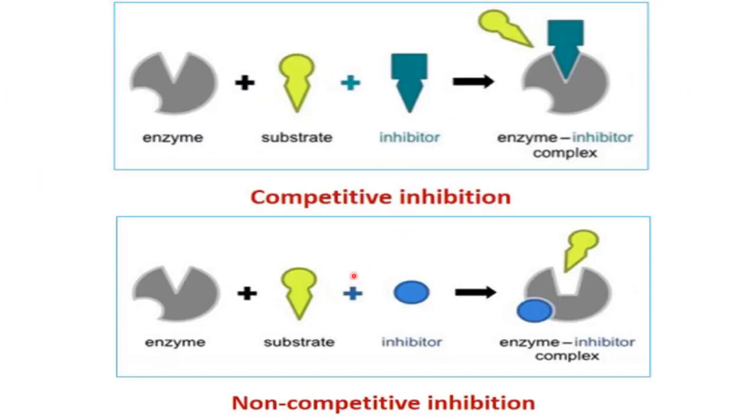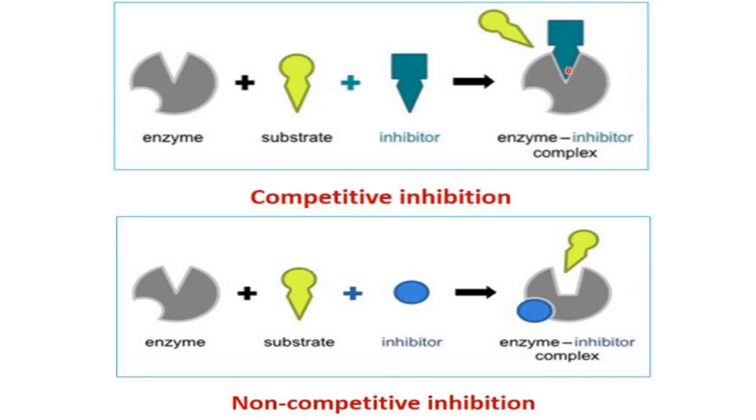Here you can understand there can be two types of inhibition, competitive inhibition and non-competitive inhibition. As you can see here, this is one enzyme, this is the substrate for this enzyme, and this is the inhibitor. So this inhibitor's structure is similar to that of the substrate. Okay, it is structurally similar to that of the substrate. So for the increased rate of reaction, there is need of binding of the substrate with the enzyme. But what happens in the presence of the inhibitor? This inhibitor occupies the position on the enzyme.